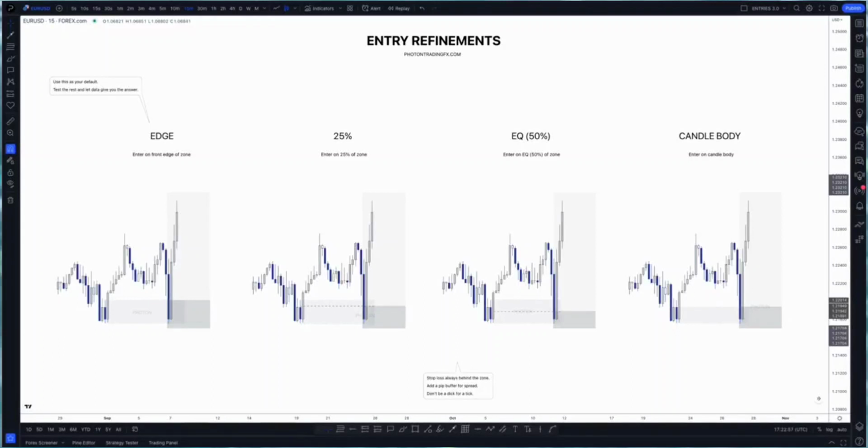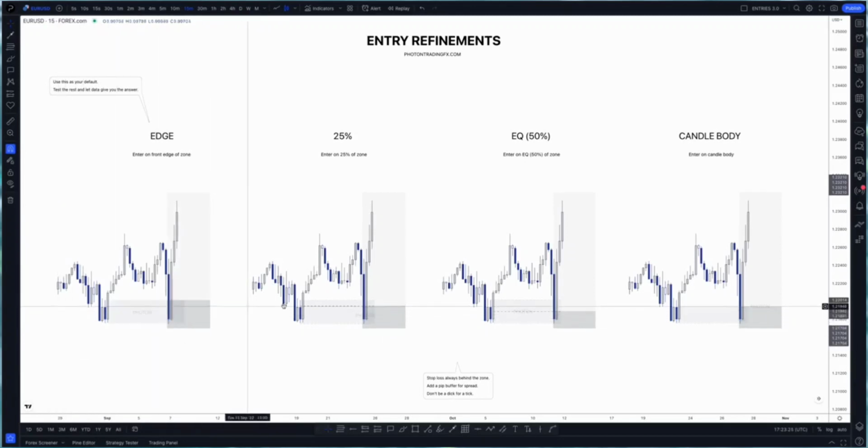So this lesson should be somewhat simple, but basically these are some methods that can be very, very effective at instantly increasing your average risk to reward in an extremely mechanical and systematic manner. And as you can see, all it literally is just refining your entry to be a little bit further within the zone that you're entering within. And that's it. But that can have a massive impact on your results over the long term,